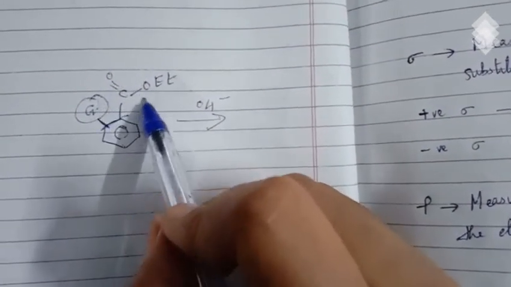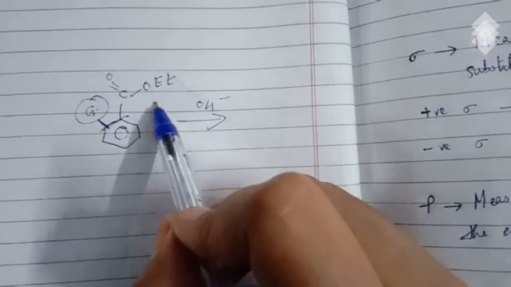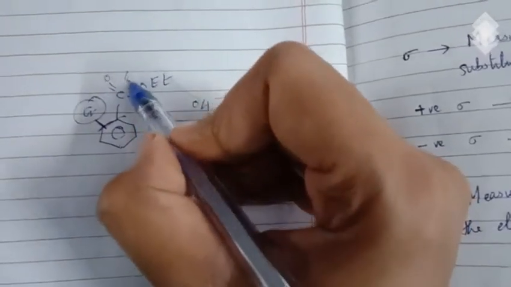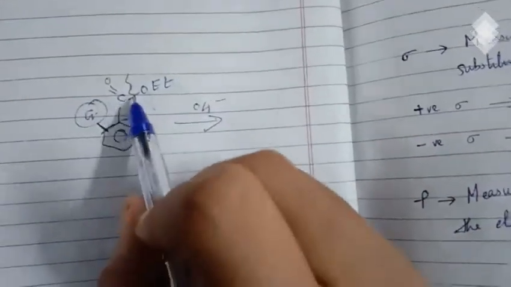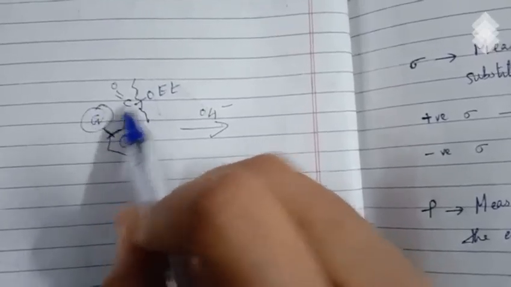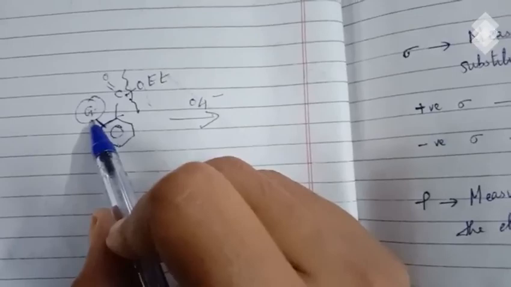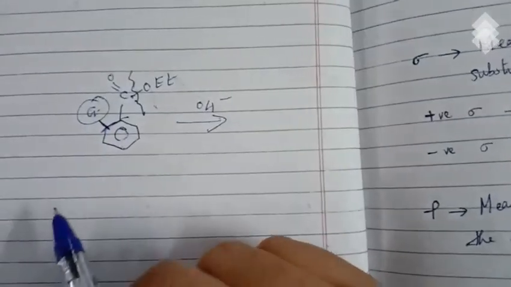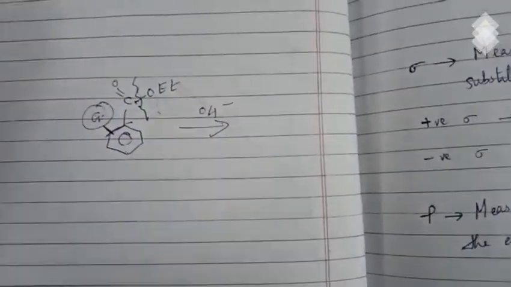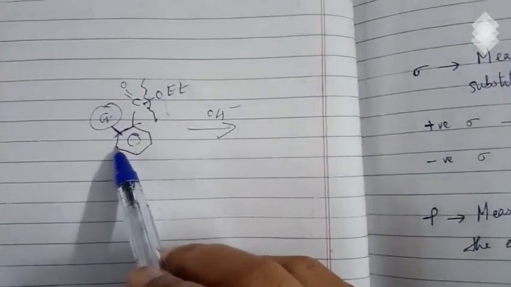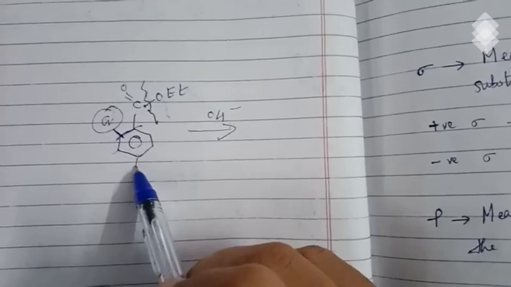This is the reaction center, either here or here. There will be a steric effect on the reaction center by the ortho substituent. So according to the size of the ortho substituent, that steric effect also will play there. But in the case of meta and para substituents, there will not be much steric effect.